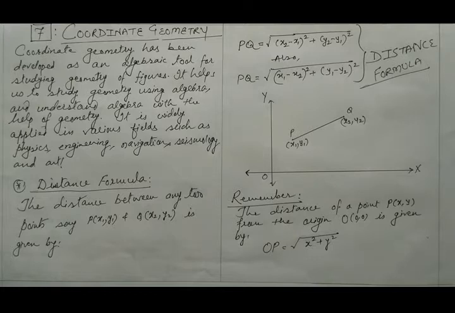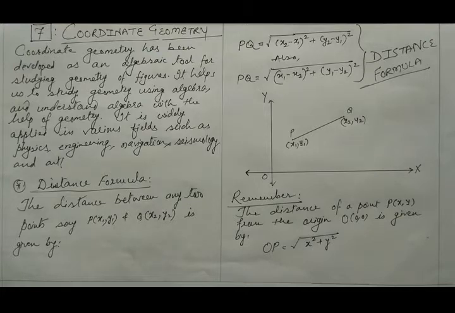Let us see now the distance formula. Now what is the distance between any two points in a plane, the xy plane? For that purpose we have to consider, as we have already said, the xy plane, then we have to draw the x-axis and y-axis, so the Cartesian system. Suppose here I have drawn the figure. You can see the coordinates of point P are x1, y1 and the coordinates of point Q are x2, y2. Then the distance between these two points can be calculated